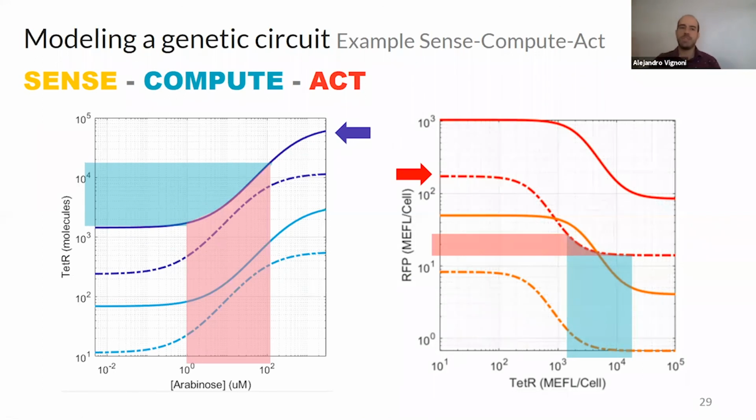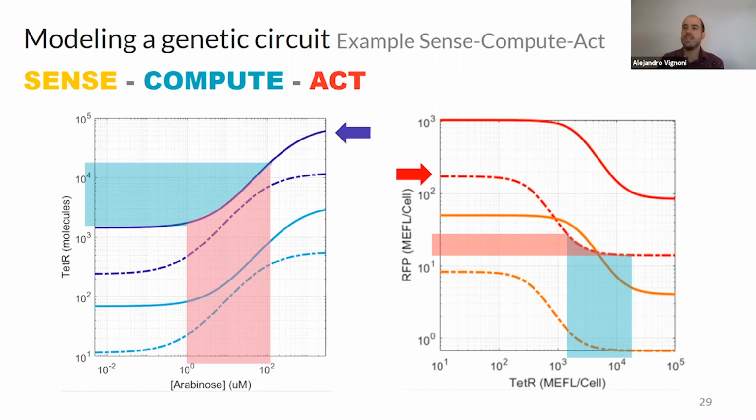What we got from this analysis? Look at the input range of arabinose and look how our output RFP is changing when we have those changes in the concentration of arabinose. It's almost undetectable, almost insensible to that,